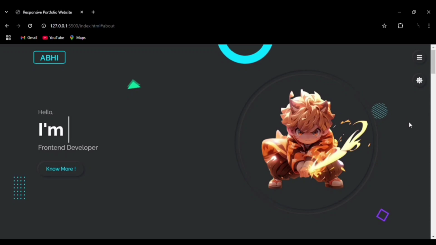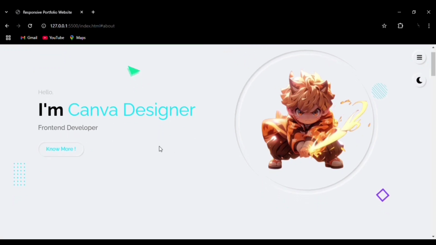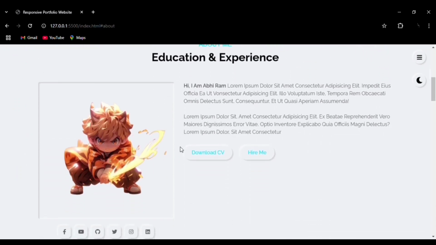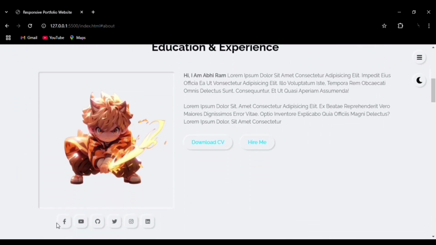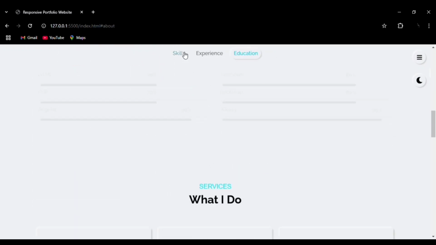You can see here by clicking on this right side light button, you can move to the light mode. This is the light mode. You can see the hover effect, transitions. You can see how the website, you can see smooth transition effects, how neatly they are aligned,